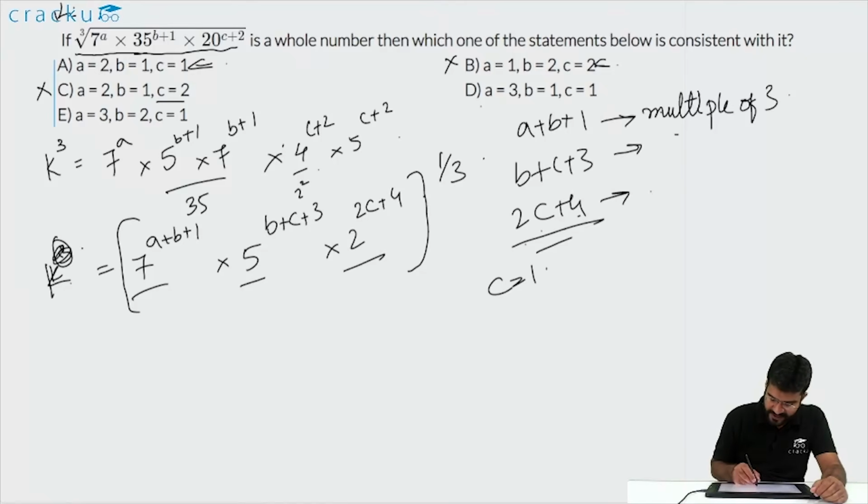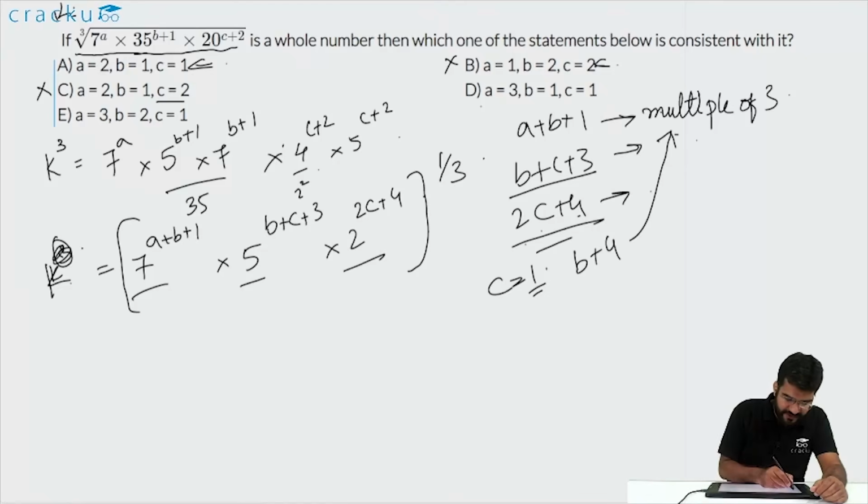So that is fine. Now let us look at the second condition, that is b plus c plus 3 has to be a multiple of 3. We already know that c is equal to 1. So b plus 4 has to be a multiple of 3. Again, if you look at the first option, when you input b is equal to 1, b plus 4 is 5, which is not a multiple of 3, so b can't be 1. Now if you look at option D, again b is equal to 1, and again b plus 4 is not a multiple of 3, so we'll reject this also. In option E, b is equal to 2, so b plus 4 is 6, which is a multiple of 3,